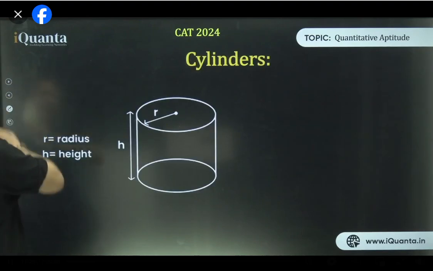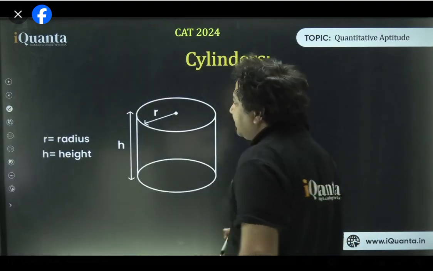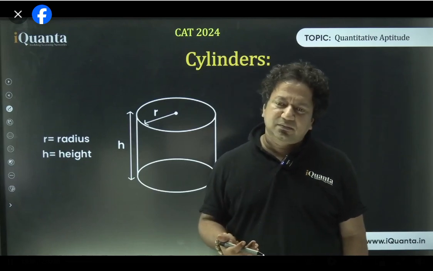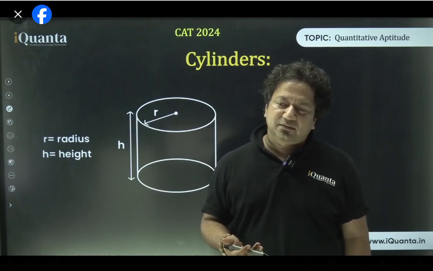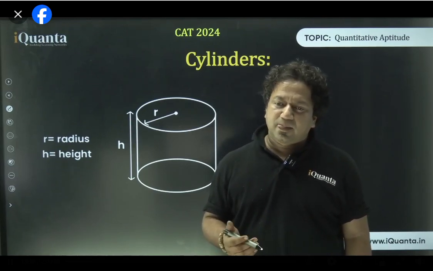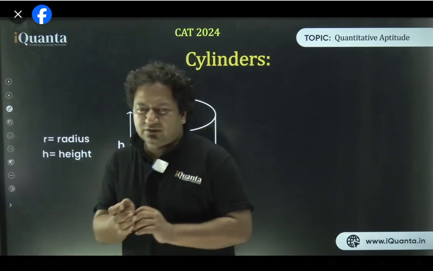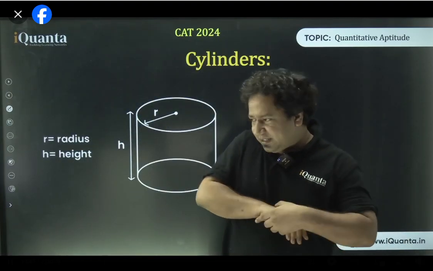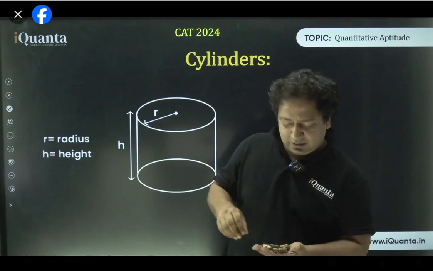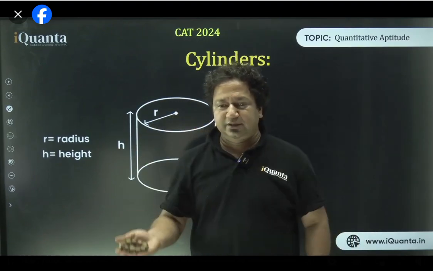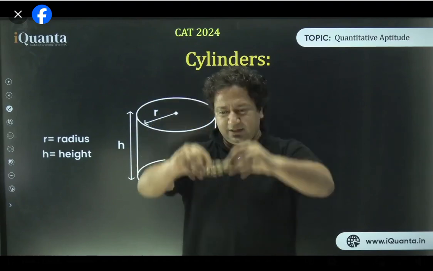Okay, so let us look at the cylinder. This is a cylinder. So what is a cylinder? Can I say a cylinder is a projection of a circle? Can I say that? I can say that, isn't it? Yes or no? How? If anyone is wearing a kada or bangle on their hand, take it off. I have a bracelet with me. I don't have a bangle with me. If you have it, so this is it, okay? And you can just move it like this, just like this. And when you move it, you will see a cylinder getting formed.